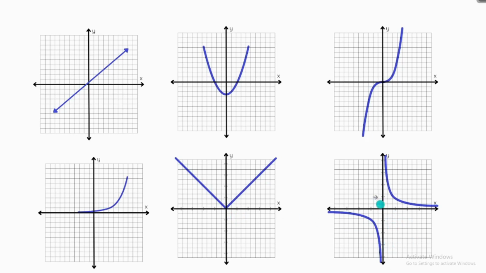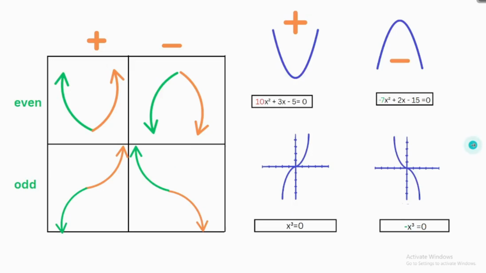You have to memorize the image at least. This is linear, quadratic, third degree, exponential, absolute, and fractional. Now we will try to graph any expression, any polynomial. This expression, if it is second degree, we can graph it. There is no problem. If it is third degree,